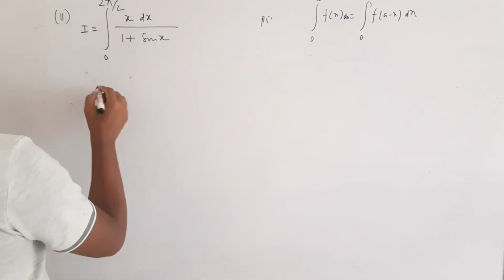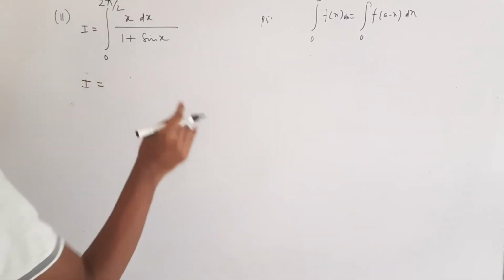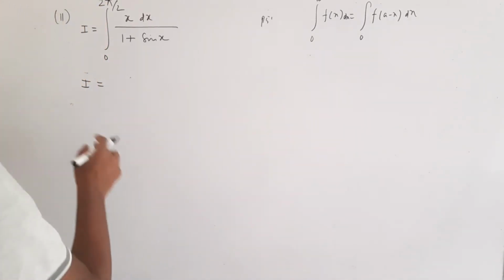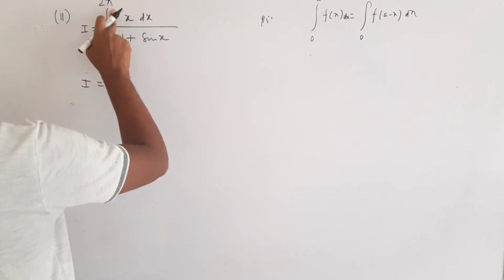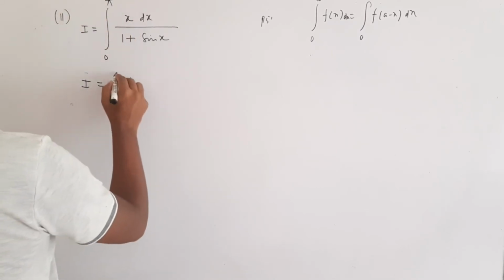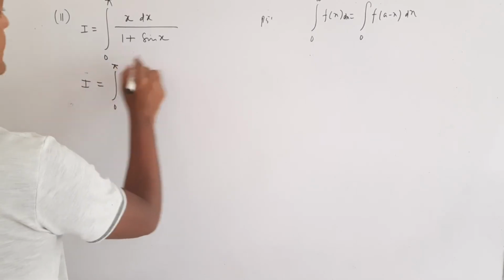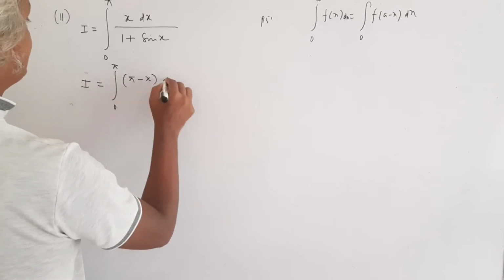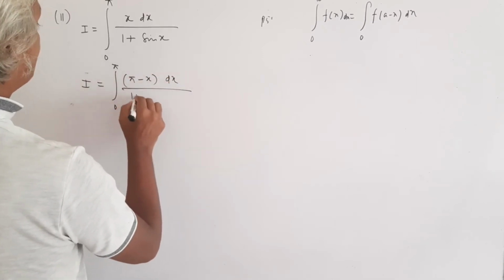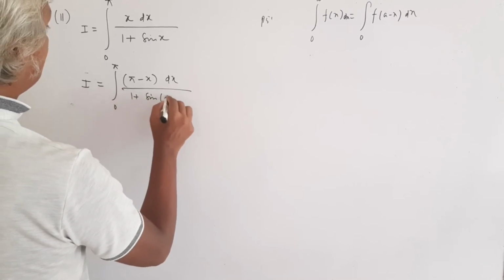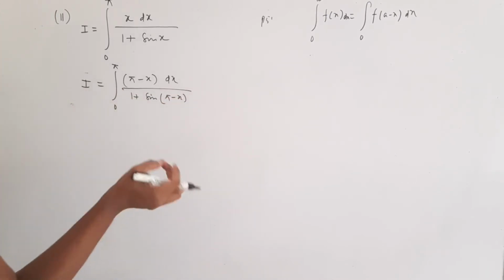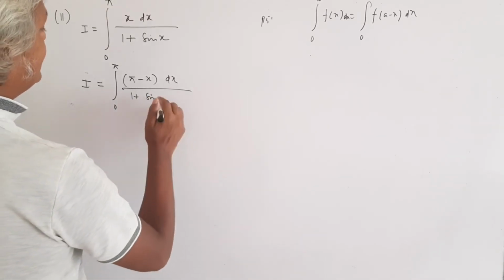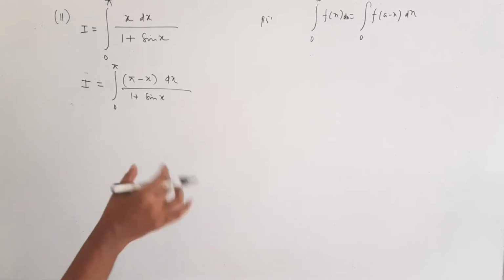So I apply this property here. I was discussing how you choose which particular property is going to fit a particular question. So I remove all this nonsense stuff. So that is 0 to pi. Now replace x by pi minus x. So pi minus x dx over 1 plus sine of pi minus x. I just discussed a few seconds before that sine of pi minus x is just sine x. So here I write this x, because at least you must be smart enough to understand this particular part.